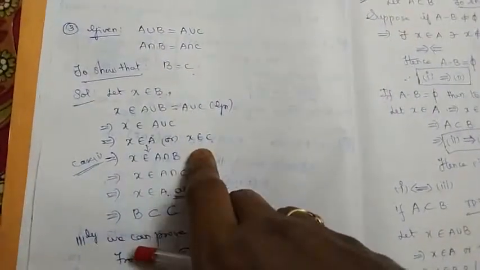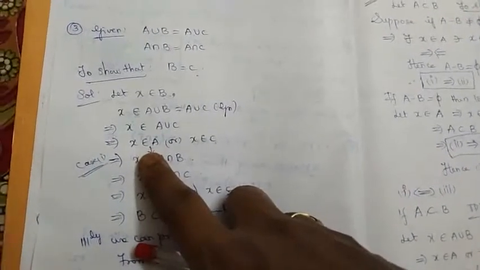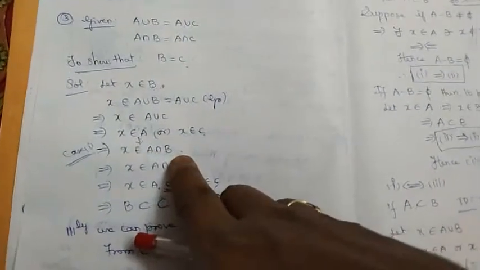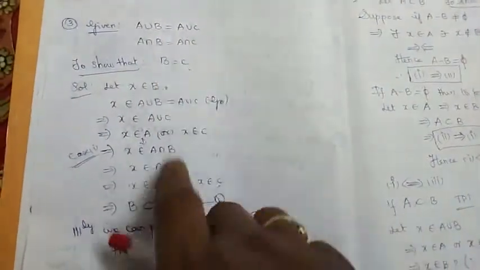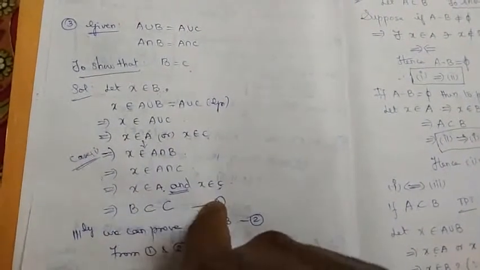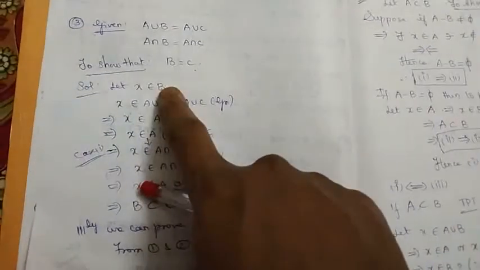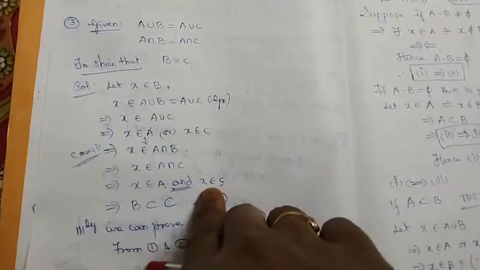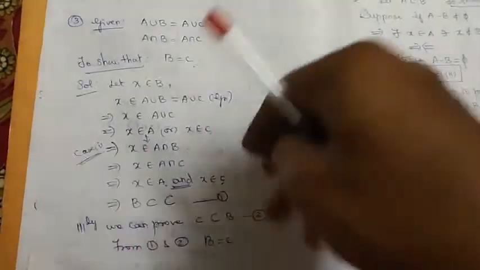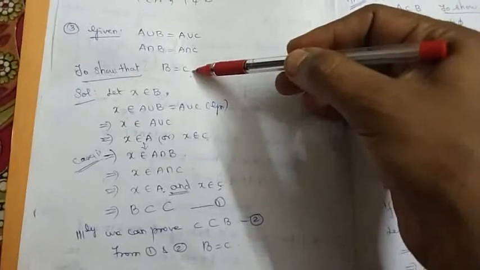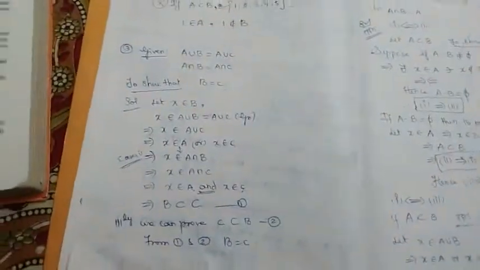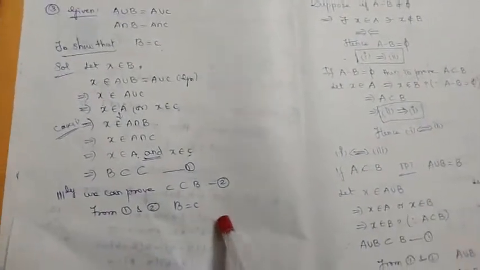If it does not belong to C, if it belongs to A, then what will happen? An element is in B and also in A. Therefore, it belongs to the intersection. But we know A intersection B is same as A intersection C. Therefore, this implies the element belongs to A and the element belongs to C. So, if an element belongs to B, automatically it ends up as an element in C. Therefore, B is a subset of C. Similarly, we can prove the other way. We can start with an element in C and we can try to say the element belongs to B. Therefore, C is a subset of B and hence B will be equal to C.